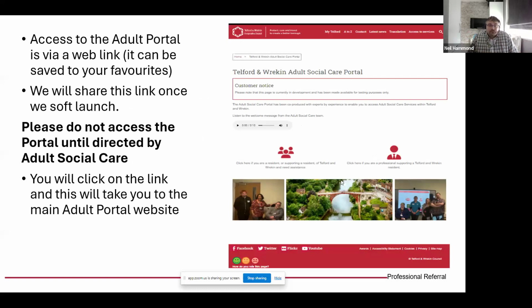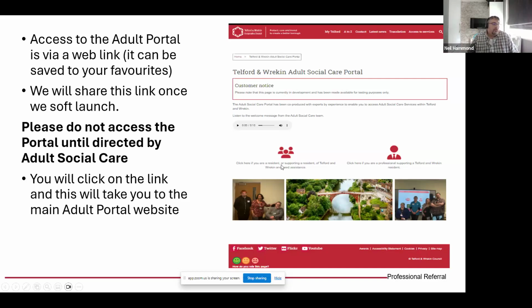Once we're in the soft launch, please do not go out looking for the safeguarding professional referral at the moment. It's only in a test phase. If you used it or played with it, the information could disrupt any IDT work that we're doing on it. Or if you do send in a referral mistakenly, thinking it's a live system, it's going to go into the ether. So please don't use it at the moment. We will tell you when it's ready to be used, and we'll send out a little information pack.